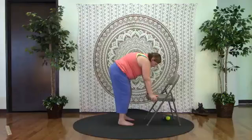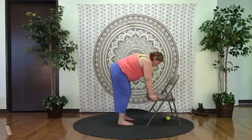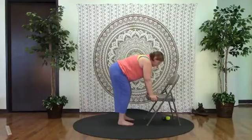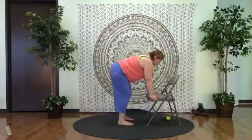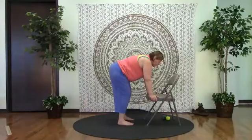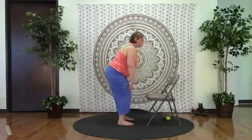And two more. Inhale, lift up through the tailbone, reach the heart forward. And exhale, rounding through the back. Really draw the navel into the spine. And one more. Inhaling and exhaling. And come back to that neutral spine. So right here, we're going to lean the weight towards the heels, and we'll lift all the way back up